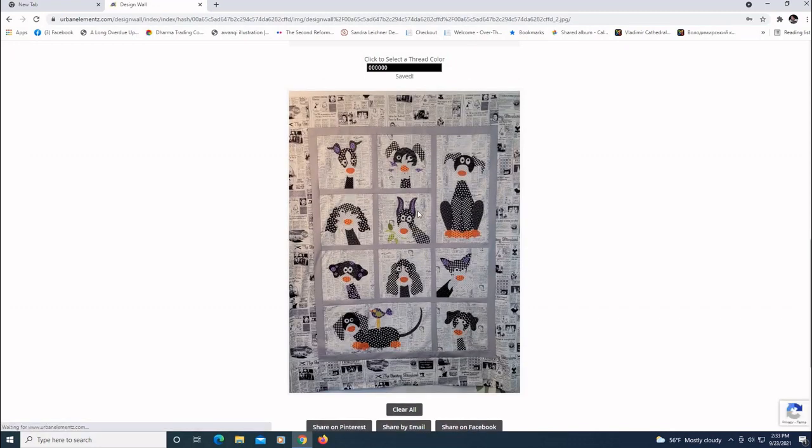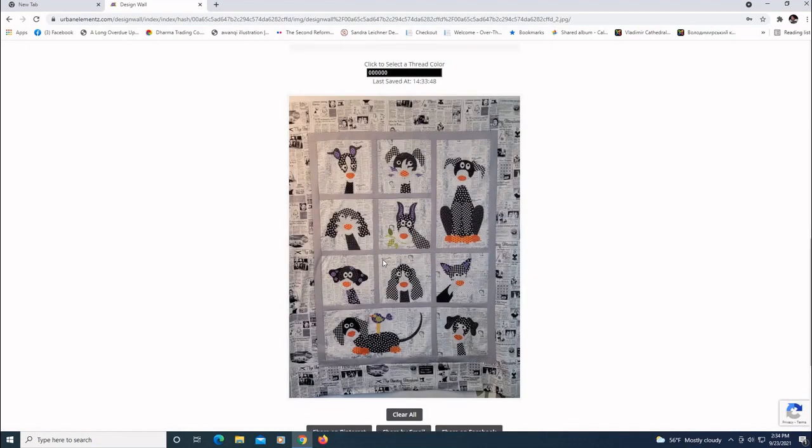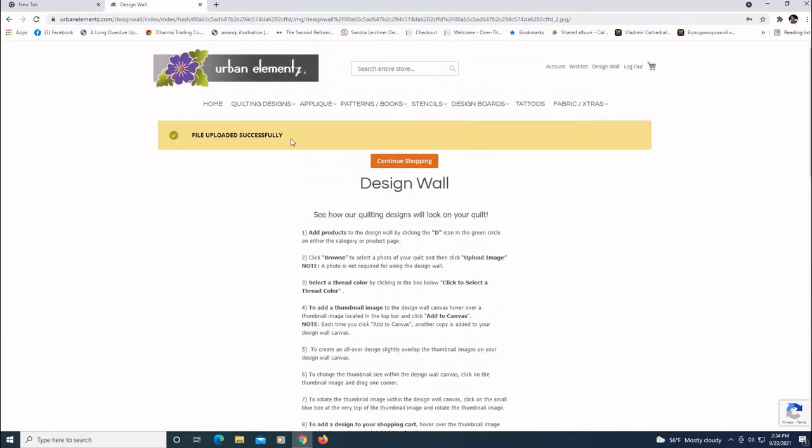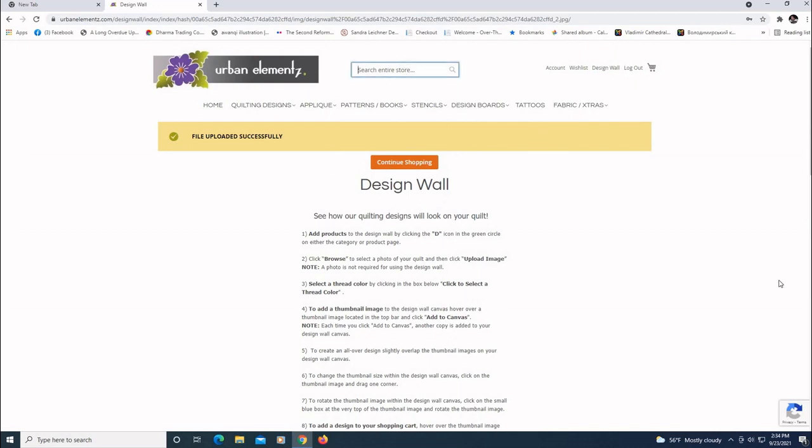And it took just a few seconds, but you can now see that I have the Dog Park Block of the Month quilt selected. It's not a perfect picture. There's a little bit of the design wall showing, but I'm going to go ahead and use this because it's good enough for my purpose today. But what we want to do now is look for some designs that we might think would be cute for working on this quilt. So I'm typing in paws to see if we get the